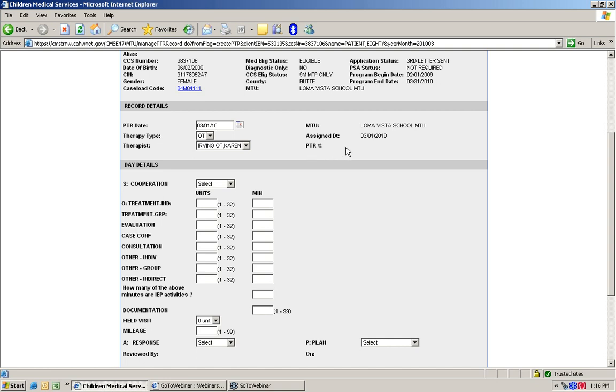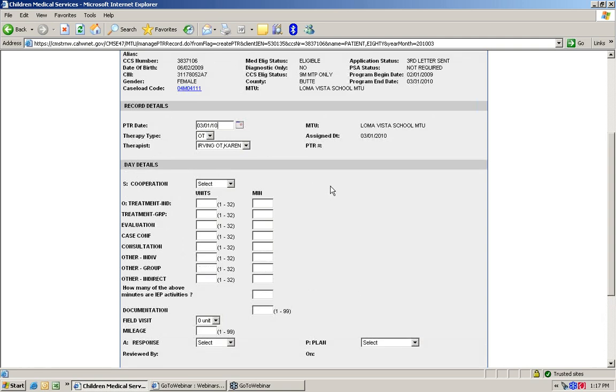Each PTR will be assigned a unique PTR number. That is the number that you can use to search by. That is also a number that you can see when we go to print it. It actually shows up in quite a few places. It shows up on the batch screen. It shows up in a lot of places. So it's just another way of being able to identify the specific PTR